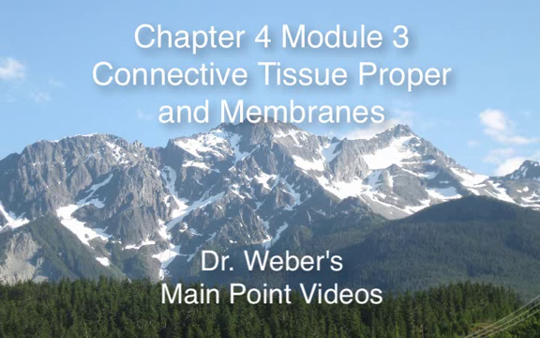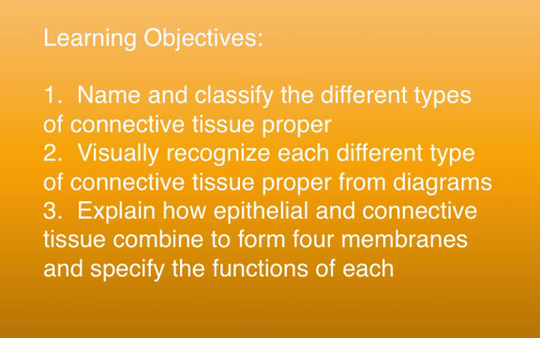This is Chapter 4, Module 3, Connective Tissue Proper and Membranes. The learning objectives of this module are: 1. Name and classify the different types of connective tissue proper. 2. Visually recognize each connective tissue proper type from diagrams. And 3. Explain how epithelial and connective tissues combine to form 4 types of tissue membranes, and specify the functions